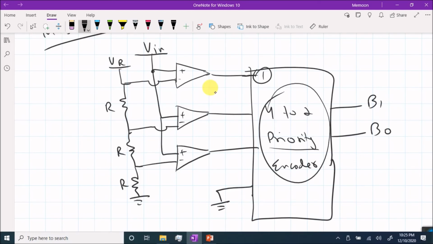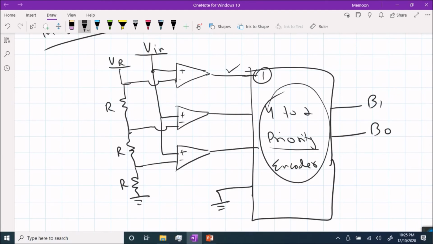Now coming to how this ADC works. This is a 2-bit ADC. So we have a VIN, a VR, 3 comparators, and the fourth input is grounded. It is a 4 to 2 binary encoder. Your VIN is supplied at the positive inputs of all the comparators. Your VR is supplied directly to the negative input of this top priority comparator. So if your VIN is greater than VR, this would be 1, and straightforward B0 and B1 both would be 1, because this would get the highest priority.